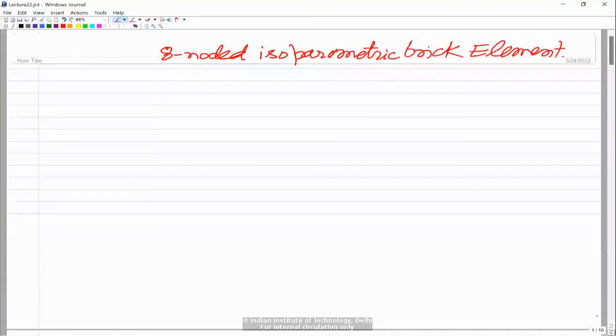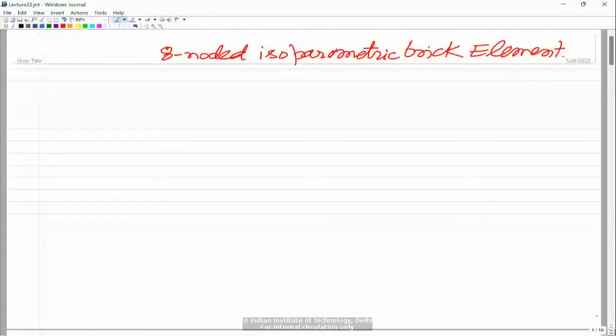We had discussed that there are three displacements, u, v and w, which are functions of x, y and z, and that is why we need a 3D modeling and 3D interpolation. As far as strains are concerned, all six components of strain are non-zero and independent,